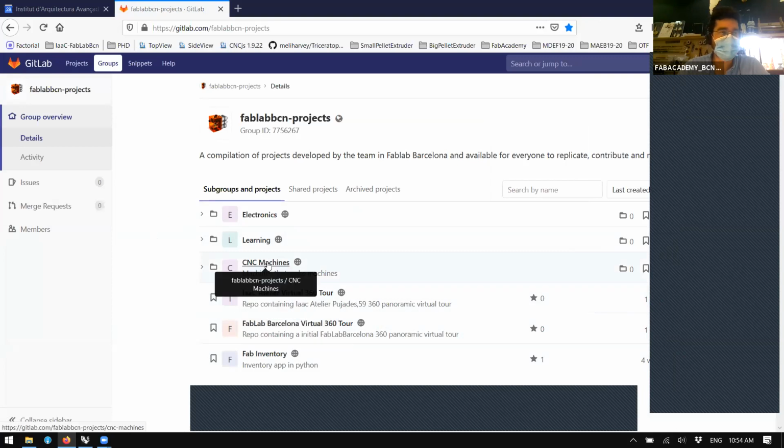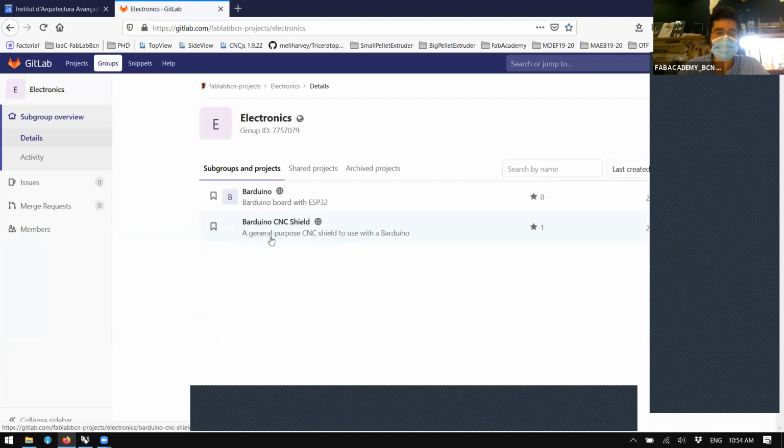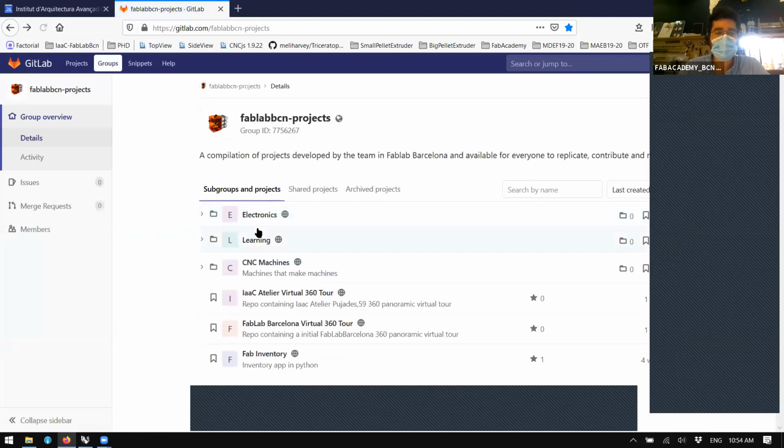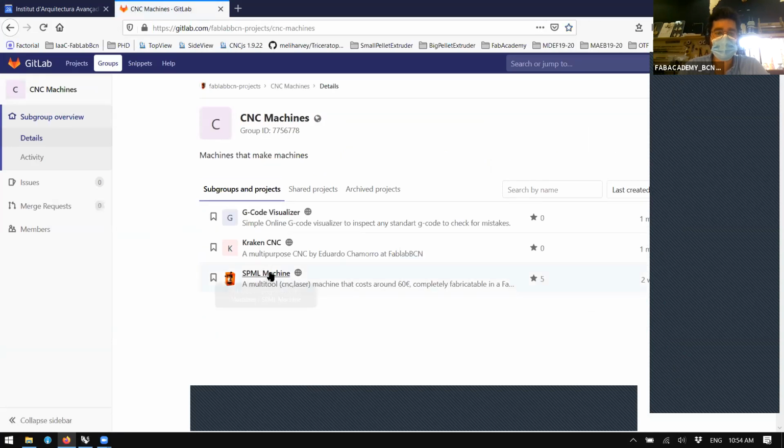Also the CNC by the sea, the one that you have been using, the inventory app that unluckily this year you couldn't use, and the electronic boards, for example the Arduino and the control board of this machine, the one that you're going to produce. So you go to CNC machines. We have the Kraken, a G-code visualizer, and the 6-pack